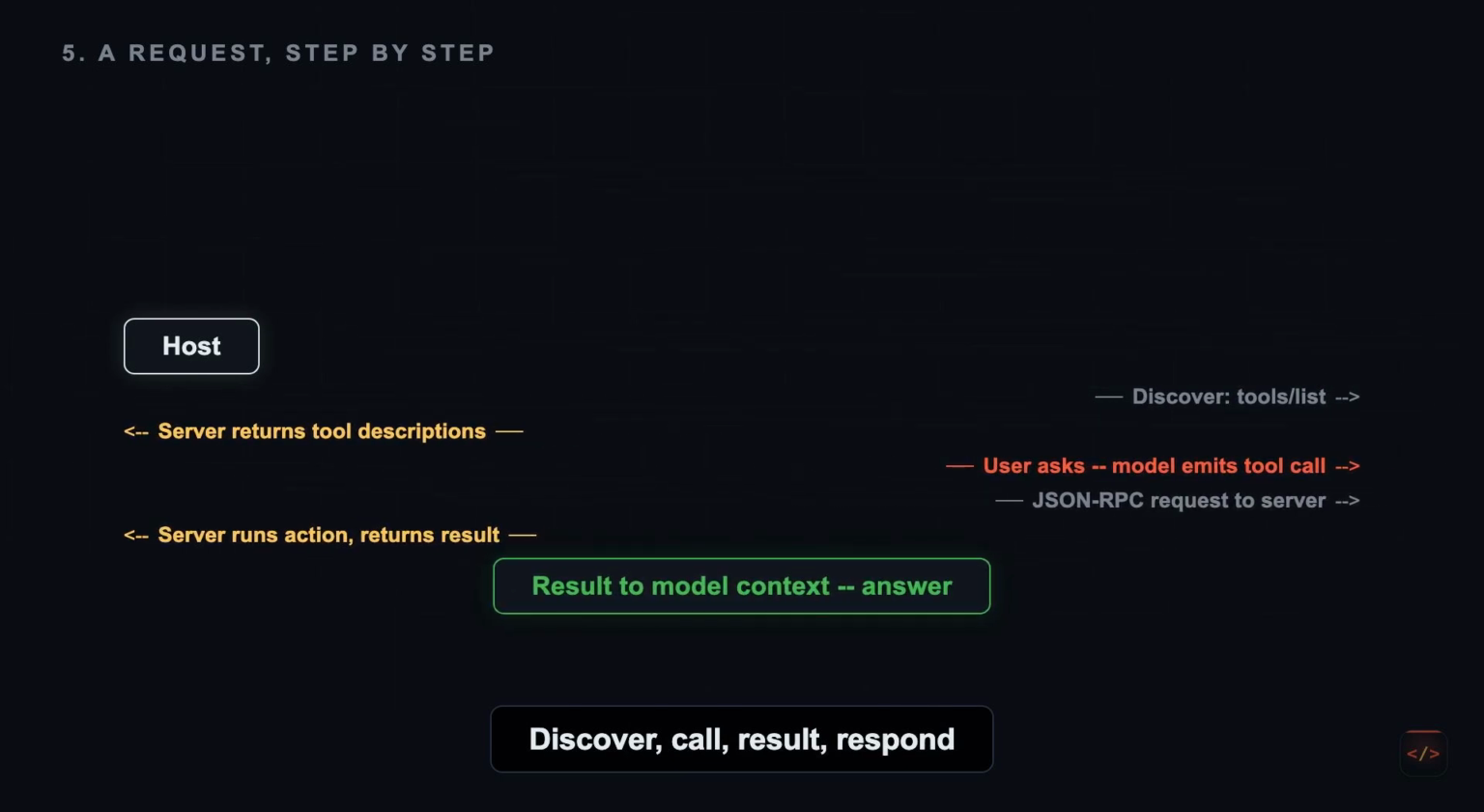Let's walk through one interaction. When the host connects to a server, it first asks, "What do you offer?" And the server replies with its list of tools, resources, and prompts. The host hands those tool descriptions to the model. You ask a question, the model decides it needs a tool and emits a structured call, which the client forwards